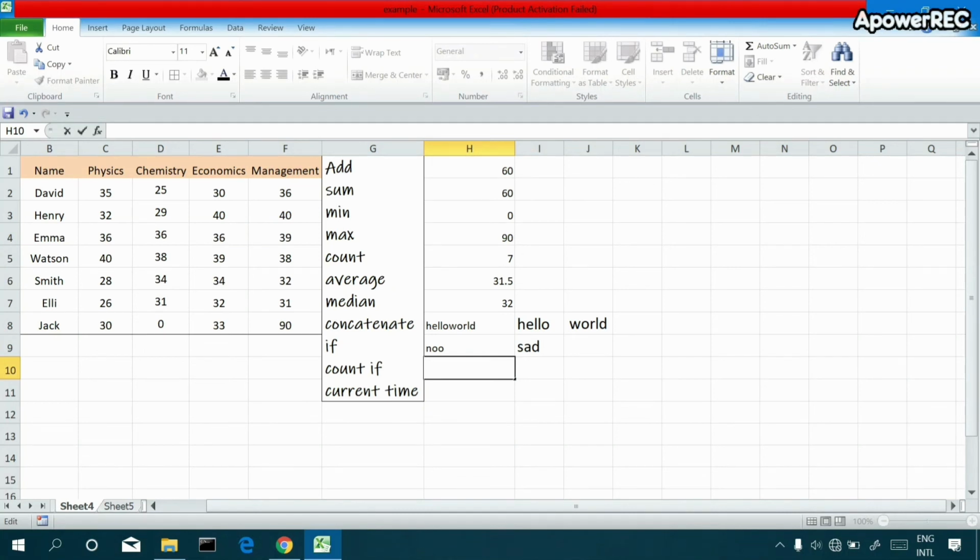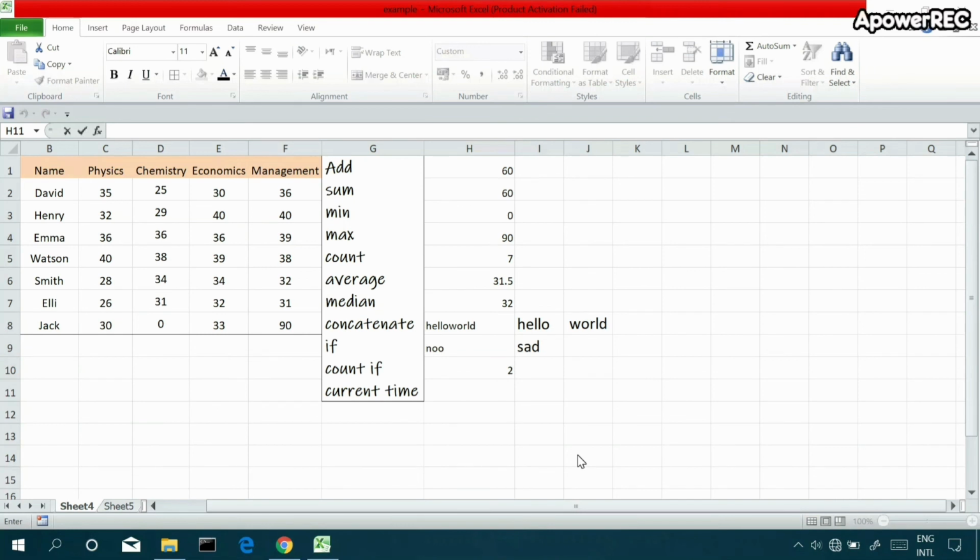Next is COUNTIF. It is quite interesting. It basically counts the number of cells, but I have to give some conditions here. Let's see. I can set a criteria. I have to count the number of cells from this set which contains value 30. Let's see. This is my whole range, comma, and my criteria is 30. It shows me value 2. It means in this whole set there are only two cells which contains value 30.